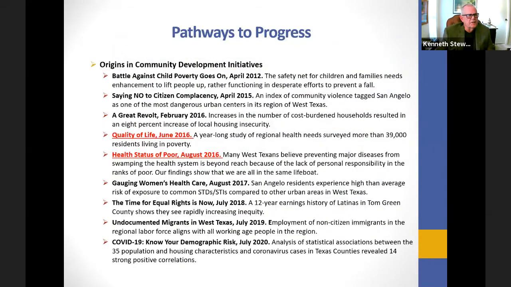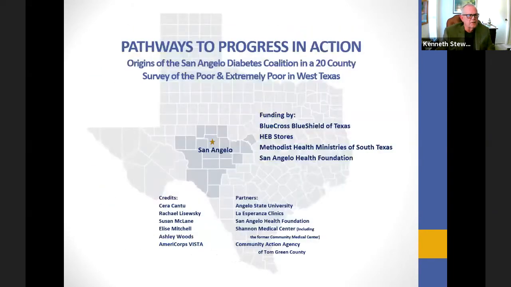One of the things we try to do with Pathways to Progress is stimulate change for the better in our community. And so for the rest of the presentation, I want to focus on one of our major success stories in that process. And so I want to talk about how Pathways to Progress was used to contribute to the origins of the San Angelo Diabetes Coalition, which started with a community development initiatives project in which we did a